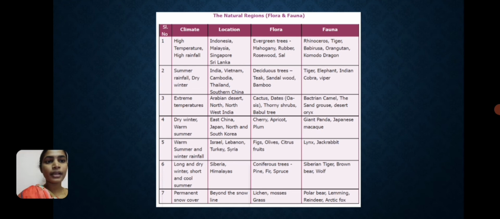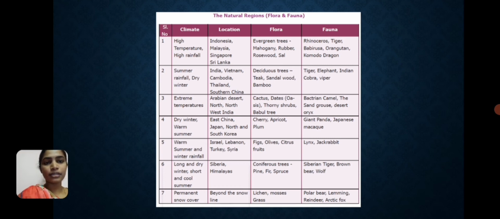Okay, student. And the flora is evergreen trees: mahogany, rubber, rosewood and sal. Okay, and the fauna is rhinoceros, tiger, babirusa, orangutan, komodo dragon.